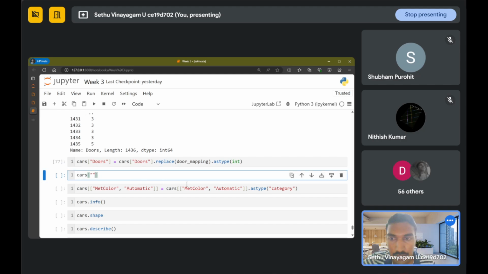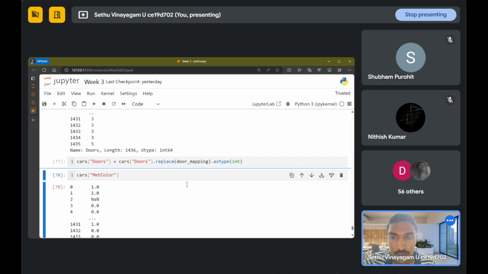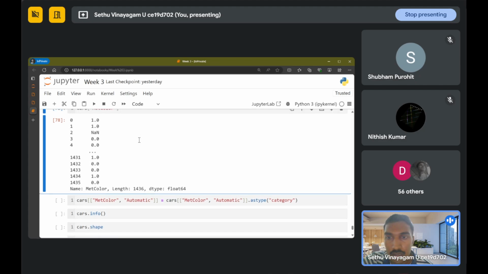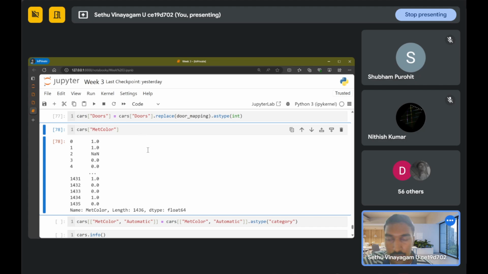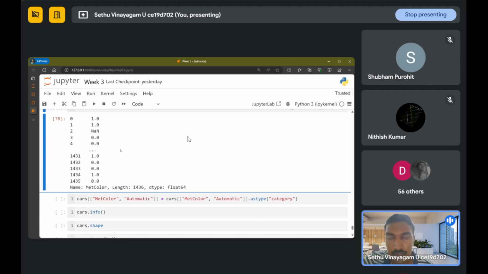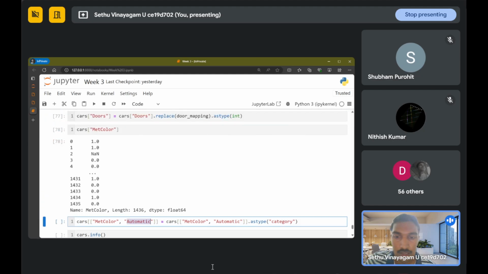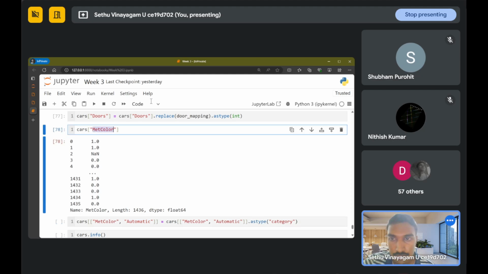So if you look at that, met color, it's a category, but it is represented using floating point because we are using 0 or 1, right? So 0 means it is not having metallic color, 1 means it has metallic color. But again, we do not want floating point data to be used here because there are only two unique values and it's more suitable to represent this using a category data type. So I want met color to be converted into a category, and also the automatic column,